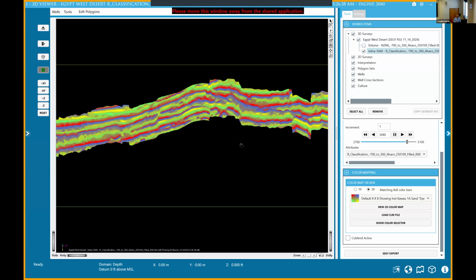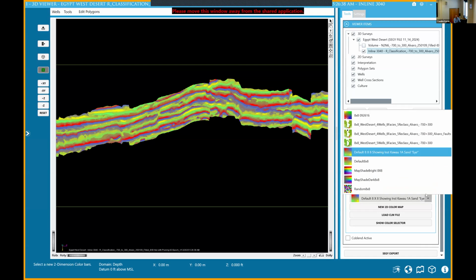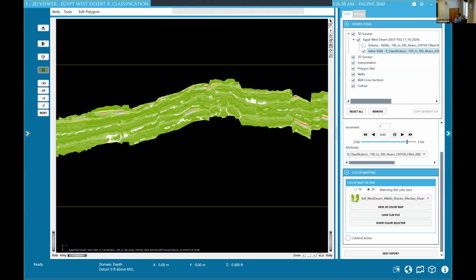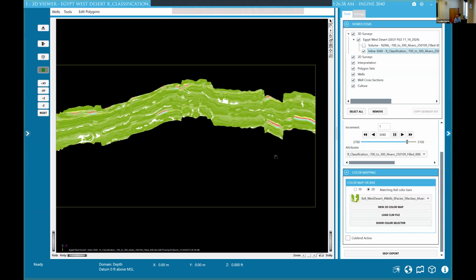So now we're going to change the color table to the one that we created with the lithofacies prediction workflow. I'll take this, and I believe it's this one. Let's see. Yeah, and I think it's this one. And here I can see now